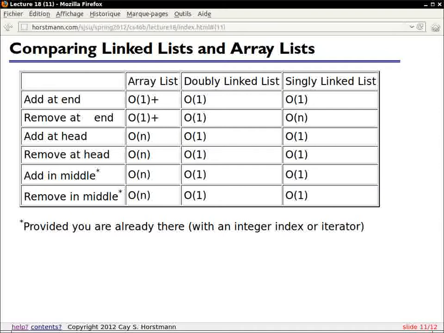All right, so let's just have a quick review here of what all these various costs are. If we want to add something at the end of a data structure, then we've just seen for an array list that's amortized O of 1. To remove from the end is also amortized O of 1, because what happens is when